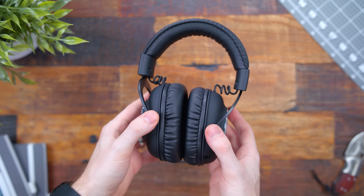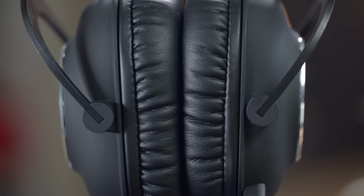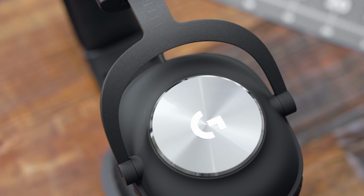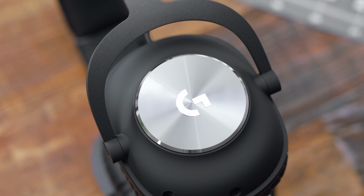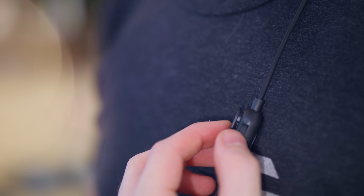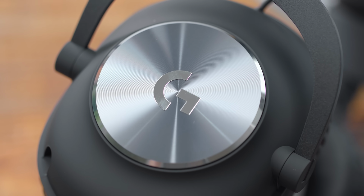Clamping pressure is phenomenal. They give you 2 different sets of ear cups, so you can switch it out depending on how it feels to you, but extremely comfortable while you're wearing them. There are no physical buttons on the headset, just inline controls for muting your mic as well as volume control. The ear cups have that brushed nickel look with the Logitech G logo